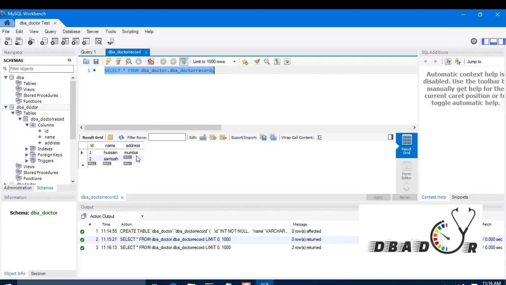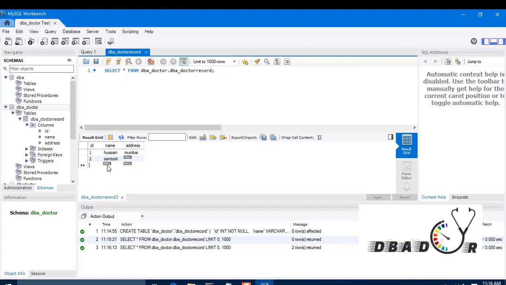Because in the third column we have not specified any condition to disallow it, in the third column we have specified it will allow a null value as well. So that is the reason in the second record it is allowing the third column, that is address, to be null. Okay, if we try to enter the same record in the first column, it will not allow.